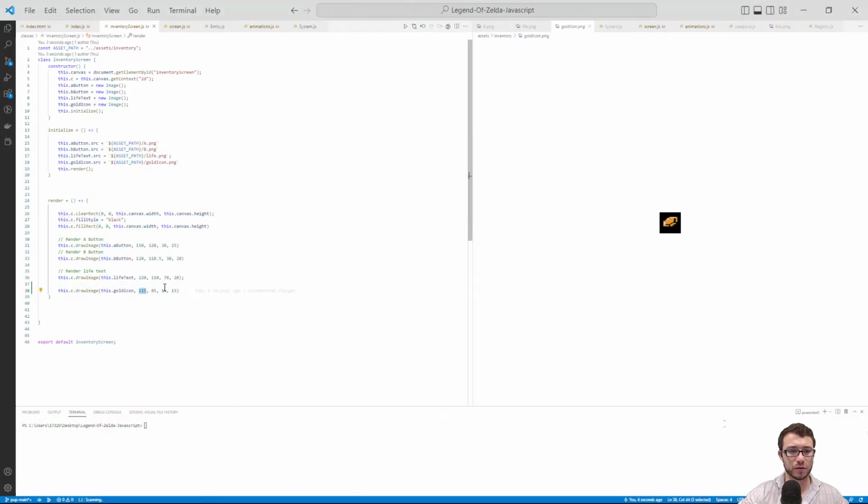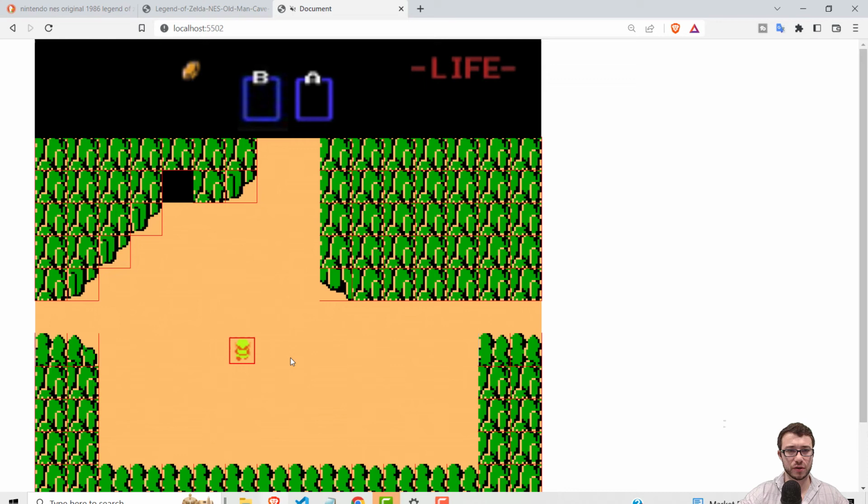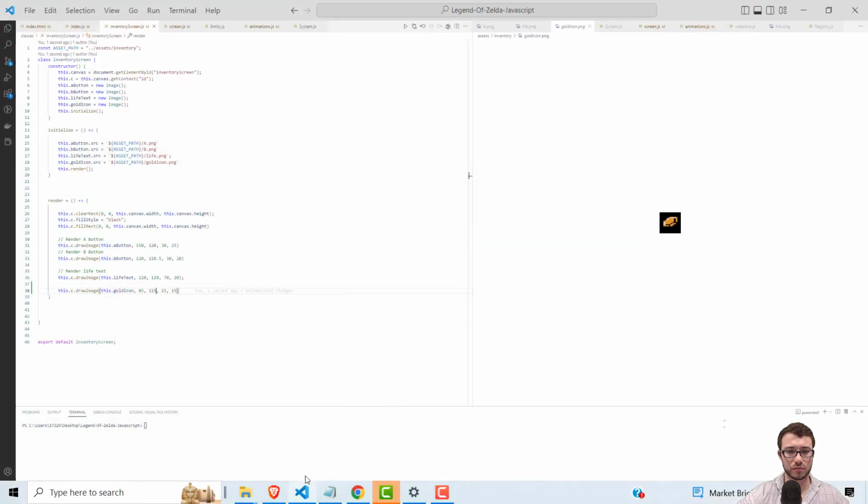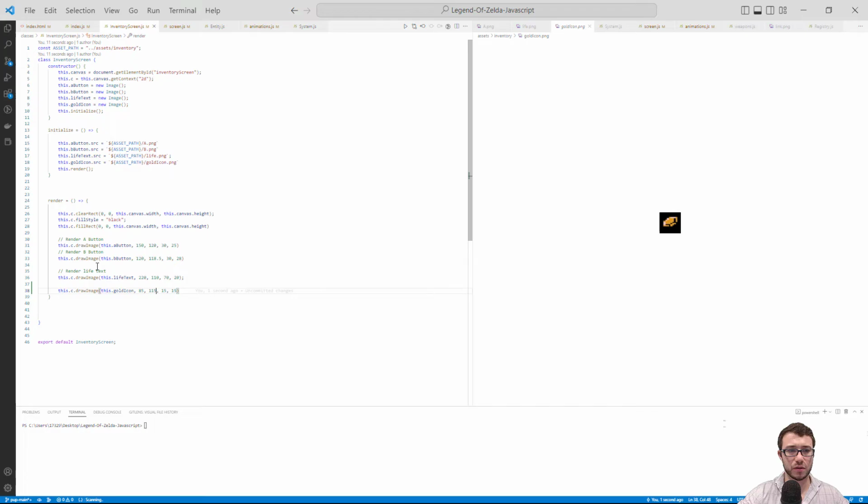I think maybe this should be 85 and this should be 115 because it didn't appear on the screen. And that's okay too. I think I'm okay with that position. Then the next, render gold icon. And the next thing we'll do is render bomb and keys icon, which